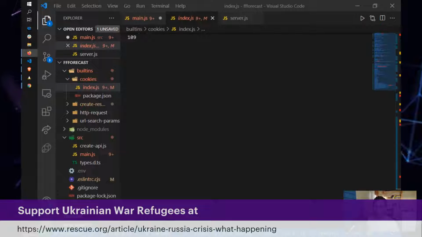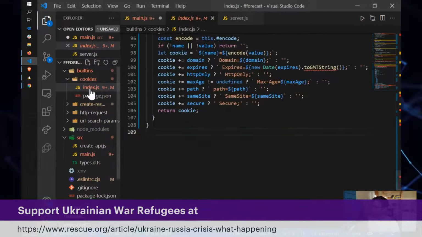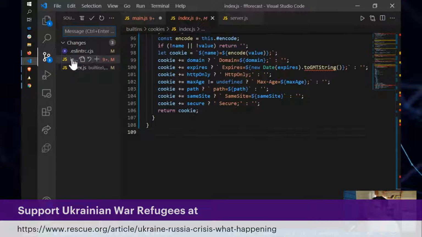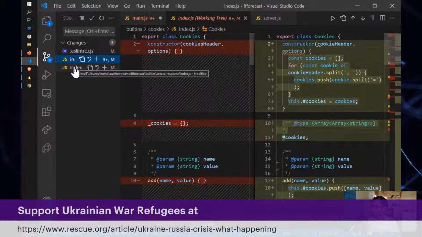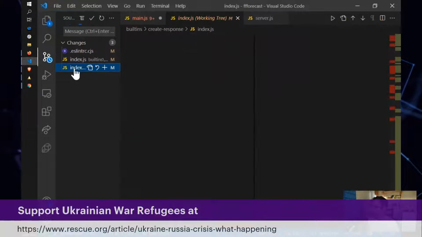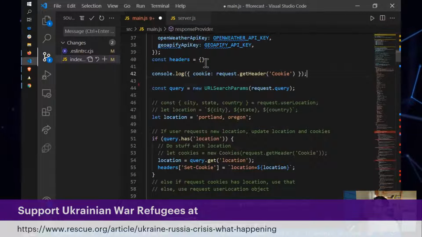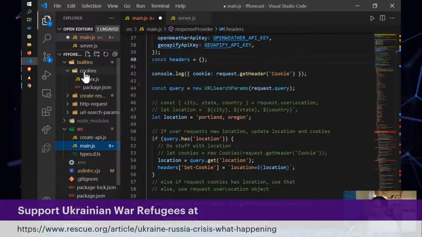Let's see. I think I'm actually going to pull that over. No, that doesn't make any sense. This should be fine. So what we're going to do is undo all of that work, because I didn't want to spend too much time messing around. I hope I got the right one. Yes, I did. And we're going to essentially rebuild some of the logic that we had,